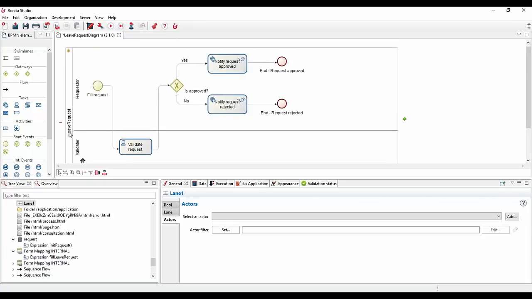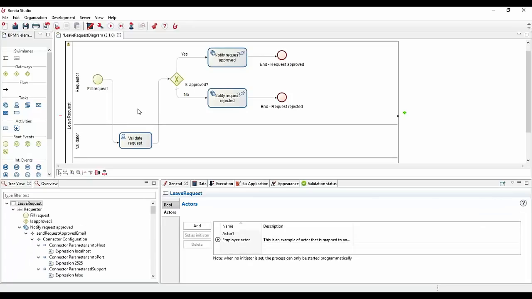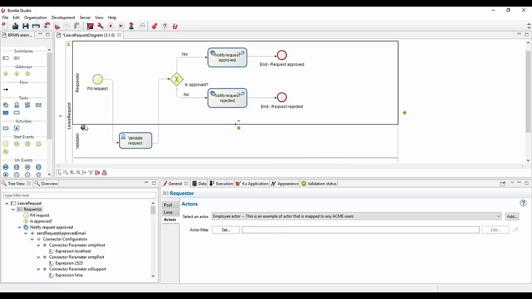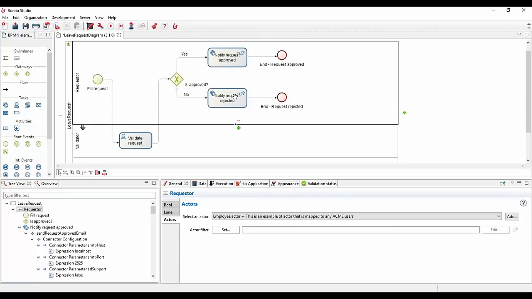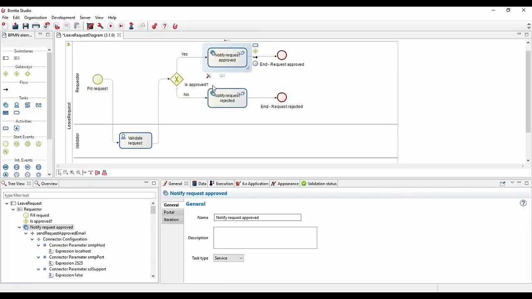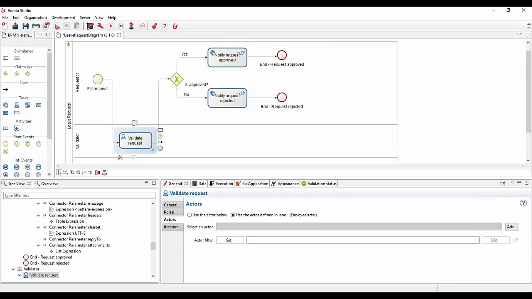And this is what we call a pool and lanes because it looks like a swimming pool. So you have a process here, and this process has lanes. These lanes will be associated to a specific actor, and whatever is in this lane will be specific to this actor. So here for human automatic tasks, it doesn't really matter because there is no actor actually doing anything about it. But when you are dealing with human task, if this task is in this lane like validator, it means, or at least the business will understand that this task has to be performed by the validator type of people.